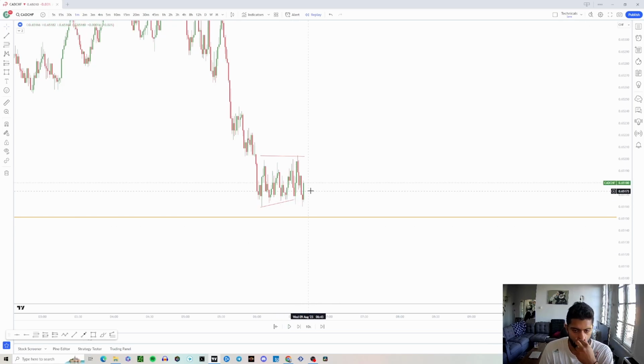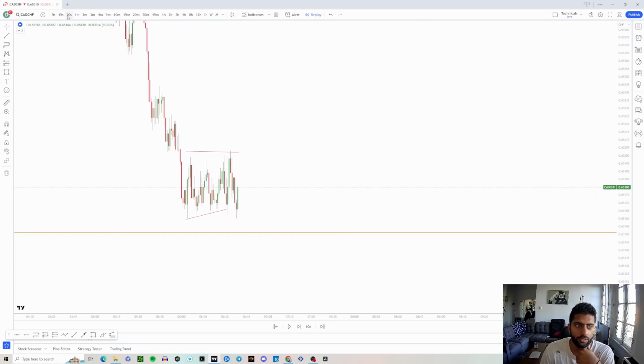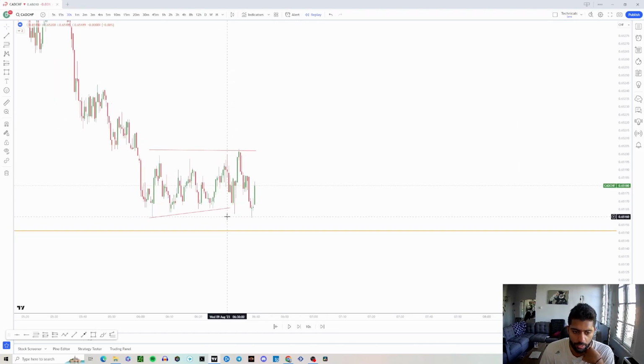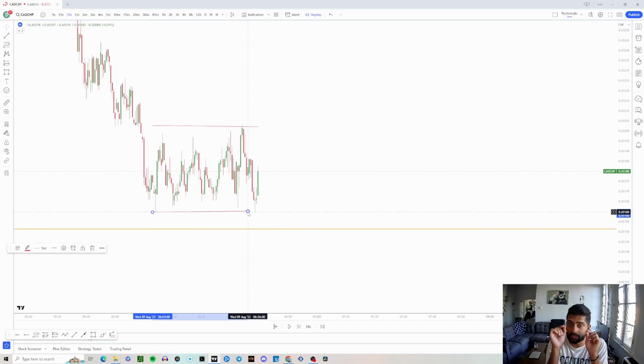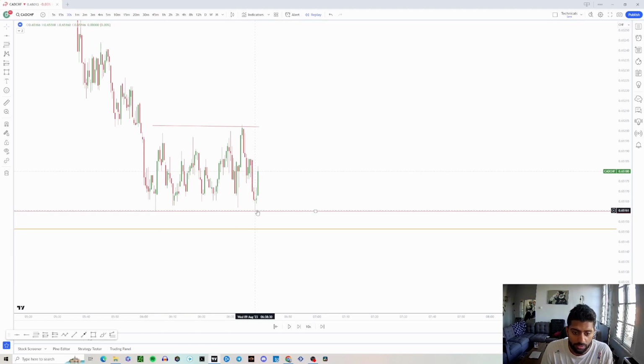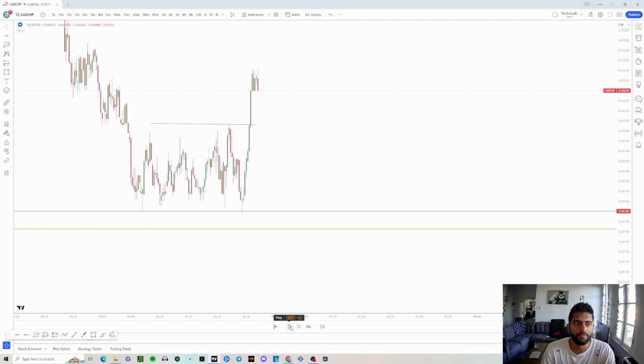Okay, so we see, if we want to see more detail, we'll go down to 30 seconds. But technically, this is how detailed I'm trying to get. The market is hiding its micro movements in very small detail. So technically, this is a sweep of all these lows, since that is the final low, right? As of right now, that is a sweep, but I need that sign of strength. Break of structure to the upside, right? Okay, I have that now.